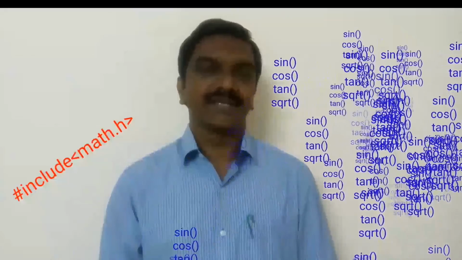You might have studied in C language some mathematical functions like sine, cos, tan, or sqrt, square root. Like that, in JavaScript also we have so many mathematical functions. Of course, we are not going to look at all those functions in this session. We are going to see only a few mathematical functions. So how to calculate x to the power of y and how to find out the square root of a given number. Like that, we are going to see some mathematical functions.